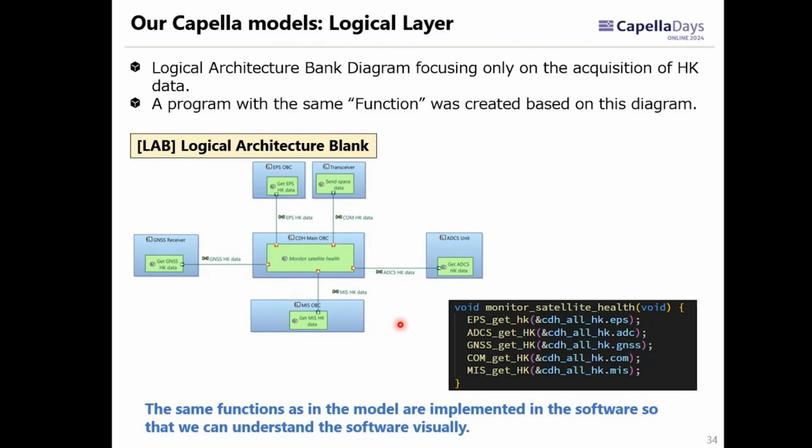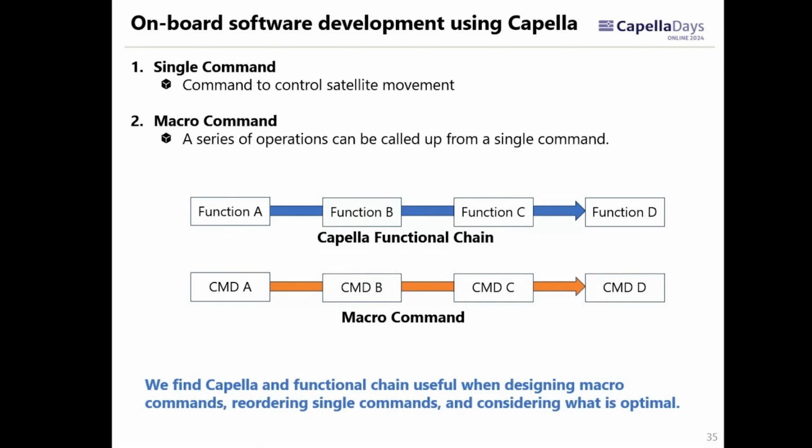As we found in the logical architecture blank whole satellite system diagram, for example, in the ADCS subsystem, which means attitude control subsystem, there is a get ADCS HK data function. And in the satellite software, there is also the same function name here. So by using this diagram, you can understand the software not by viewing actual code, but by viewing those models. The same functions as in the model are implemented in the software so that we can understand the software visually. And also, we talked about reusability and reliability in a previous slide, but this approach will enable us to improve